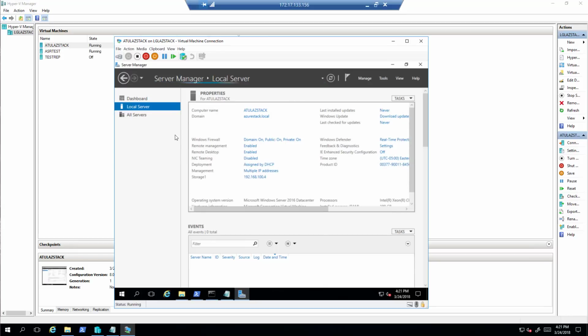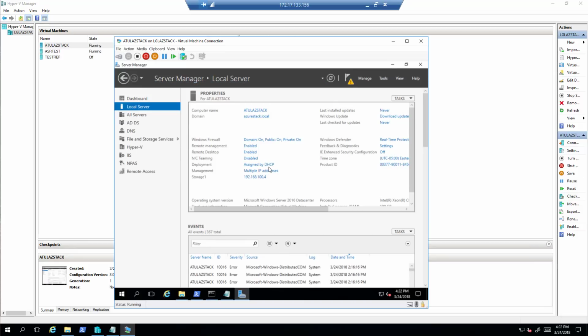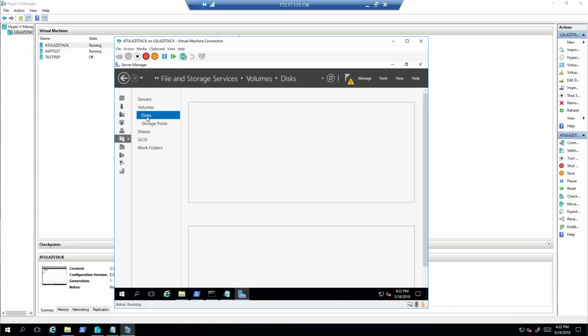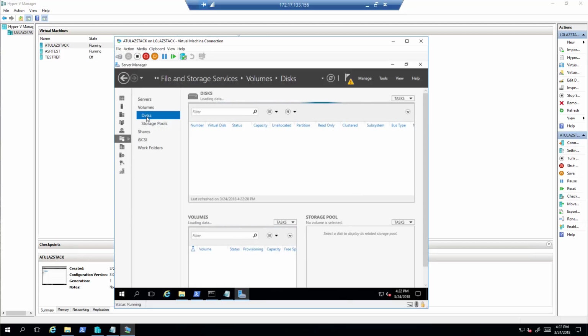I'm not doing anything on the firewall, so I left it the way it is because I didn't know what this machine is trying to do, right? And the IP addresses are assigned by DHCP right now. I'm not even touching it. Now there is an issue with this DHCP assignment. If you don't have a DHCP or you have a DHCP, you will also see here in my file storage that I have got those 4 drives. I hope it shows that,